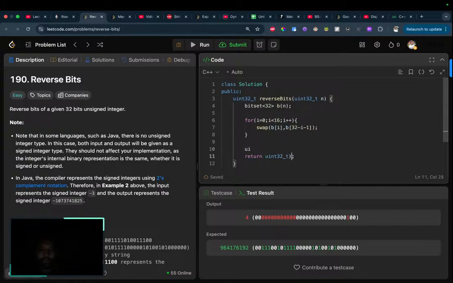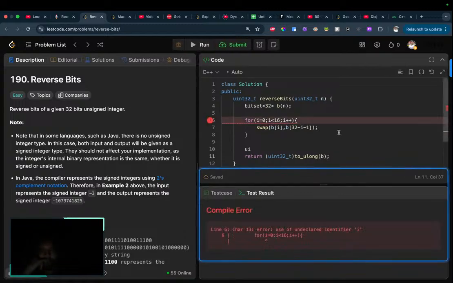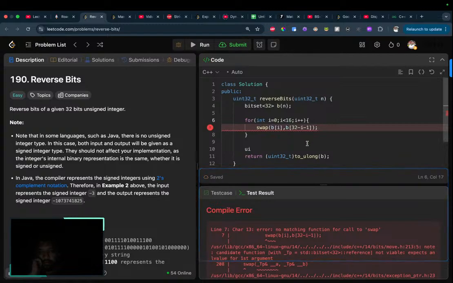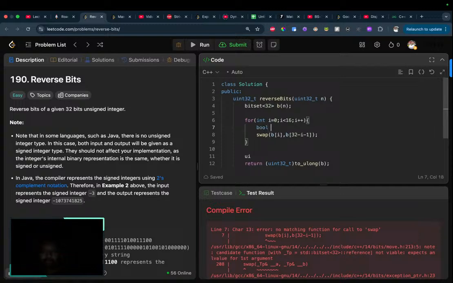Return b.to_ulong of b should work. Bool b is also b of i, b of i dot is equals to